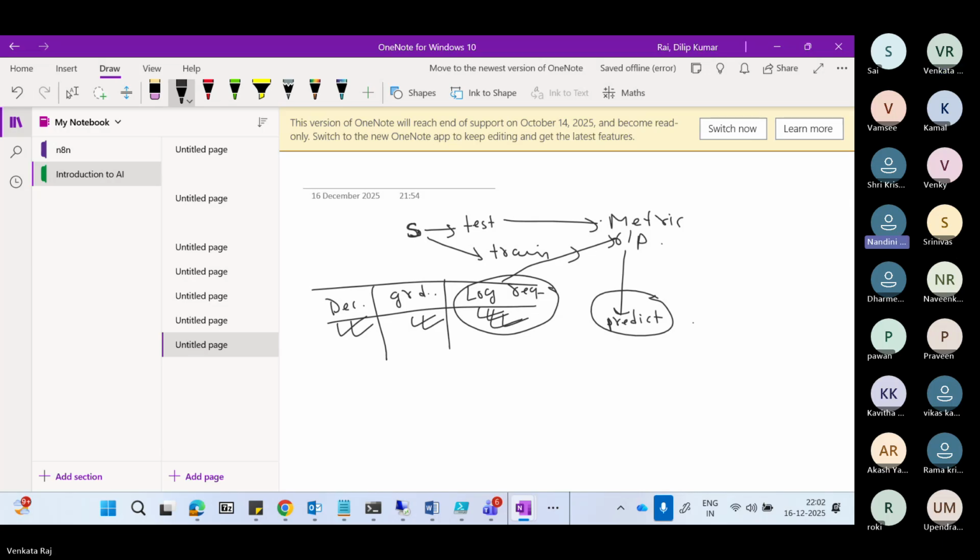Maybe she's asking about a real case, Venkat, in the industry, with the decision tree and all the algorithms. It depends upon the data. When we learn scikit-learn and different classes, there is just one or two lines of change in the code and you will get different output. So we'll do everything in parallel, in the same code: we'll write the code for decision tree, then gradient descent, then logistic regression, get the output of these, and test them simultaneously.